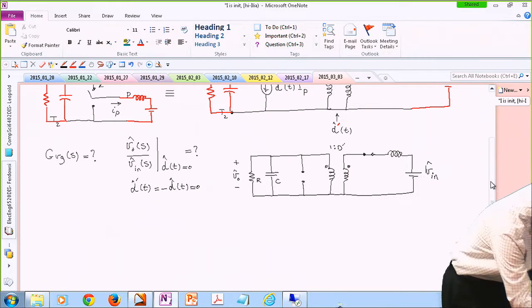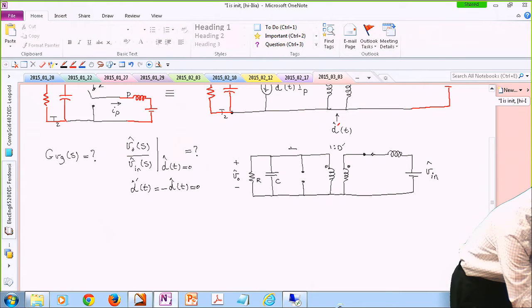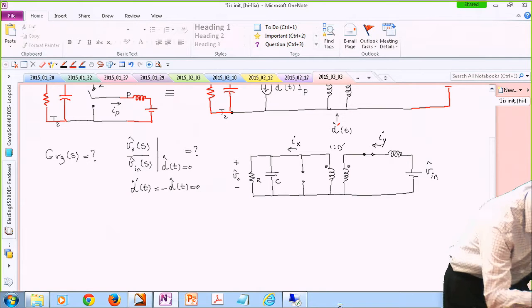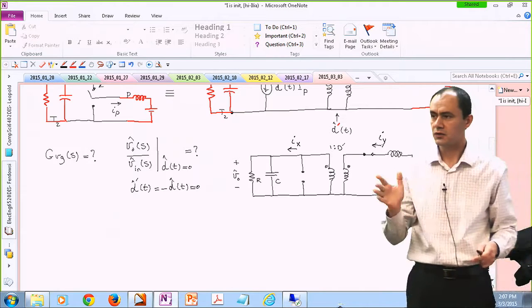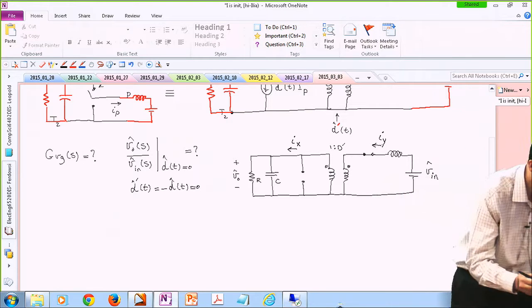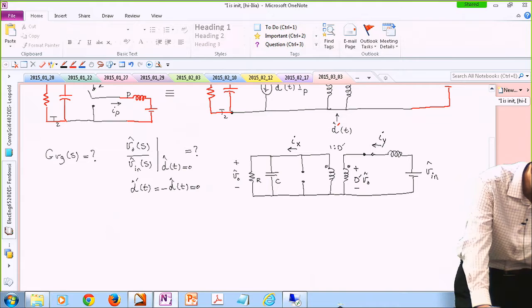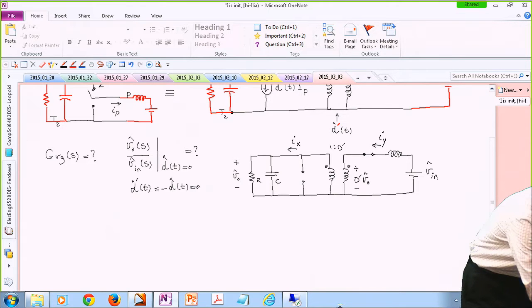What I have done is I have labeled this current to be IX. I have labeled this current to be IY. And on the secondary side, depends on what you define. Okay, let's say on the primary side of the transformer, V out perturb appears, so it reflects to the secondary side as D prime times V out perturb. Okay, so also IX could be written as